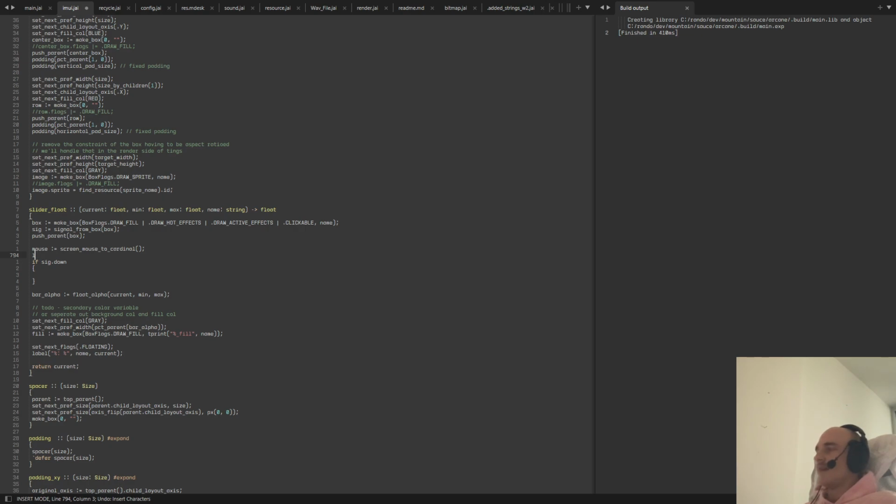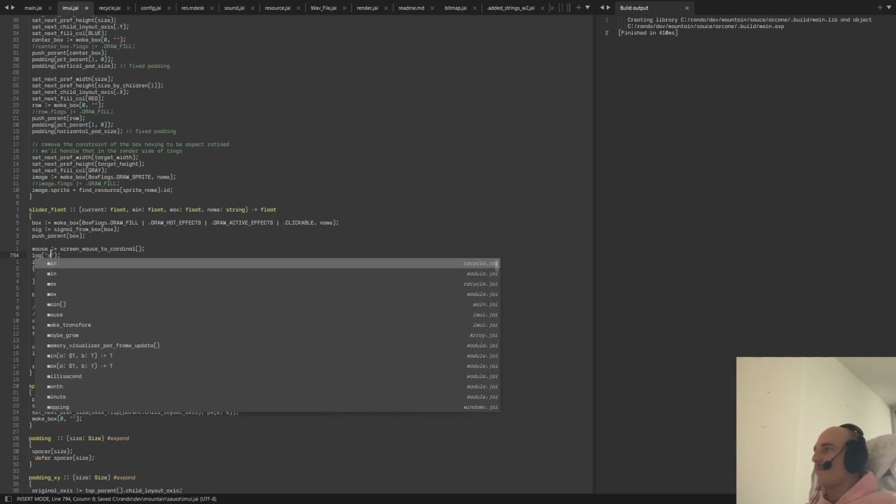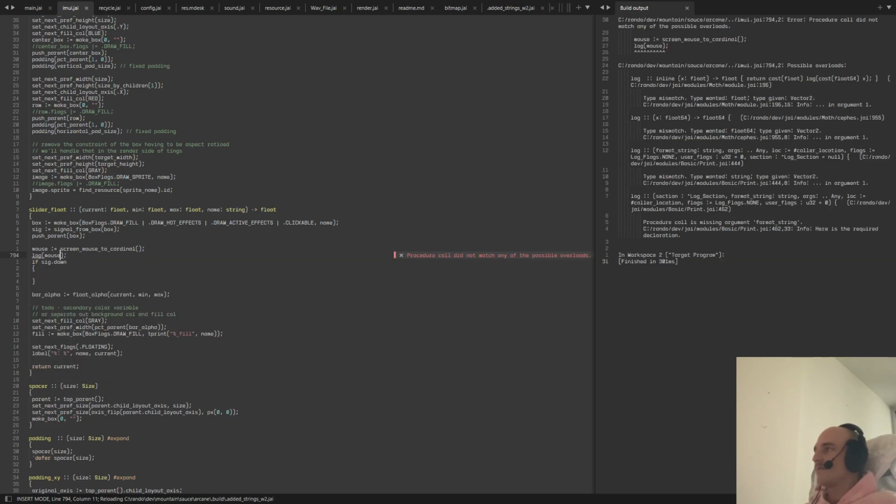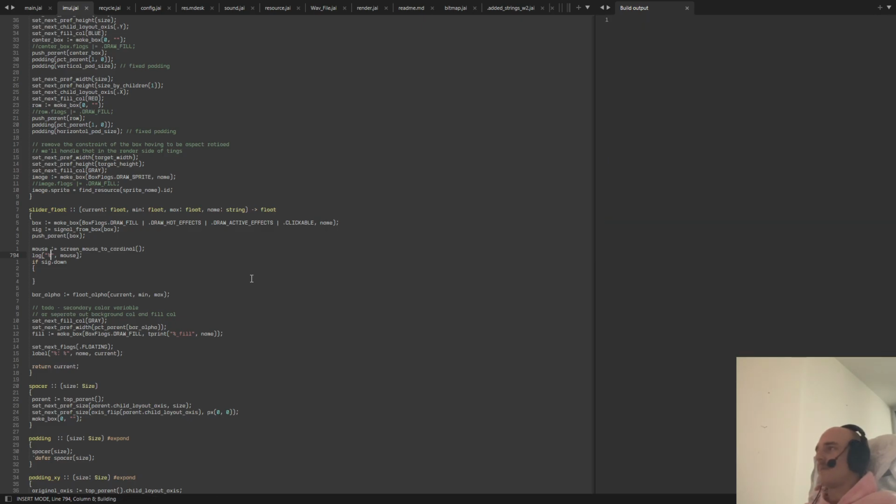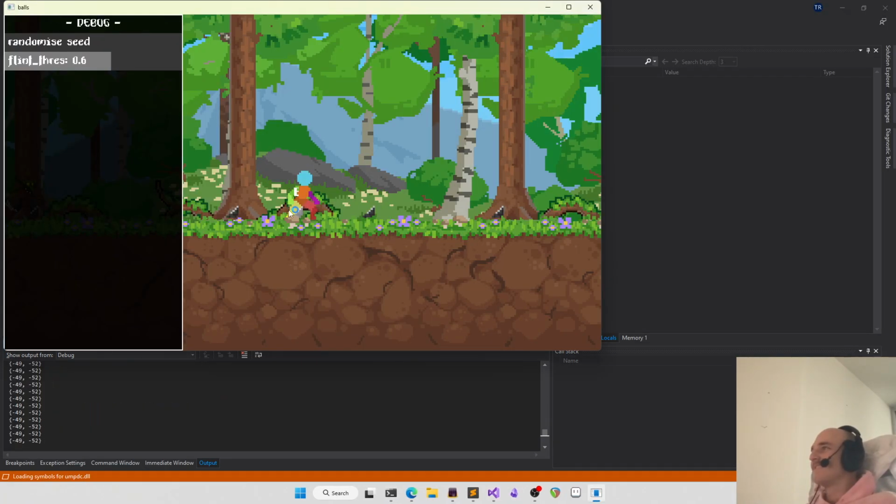I don't like it when that happens. Log mousey mouse. Come on, I want to log the mousey mouse. I'm slowly losing my mind. Okay, sweet. So that'll give us basically